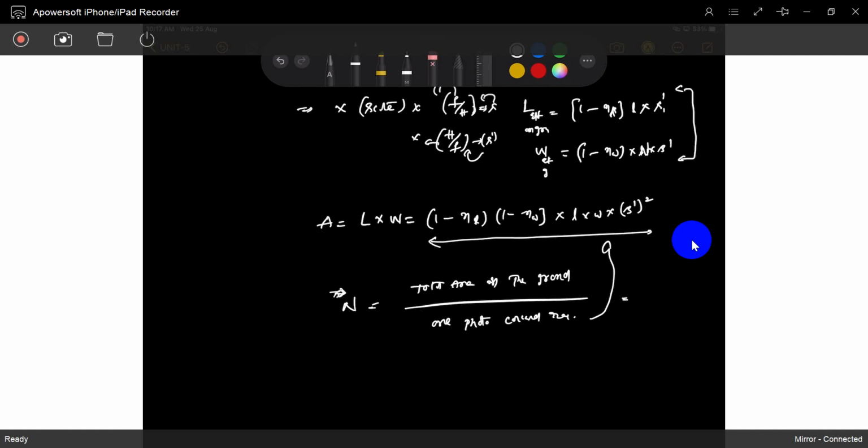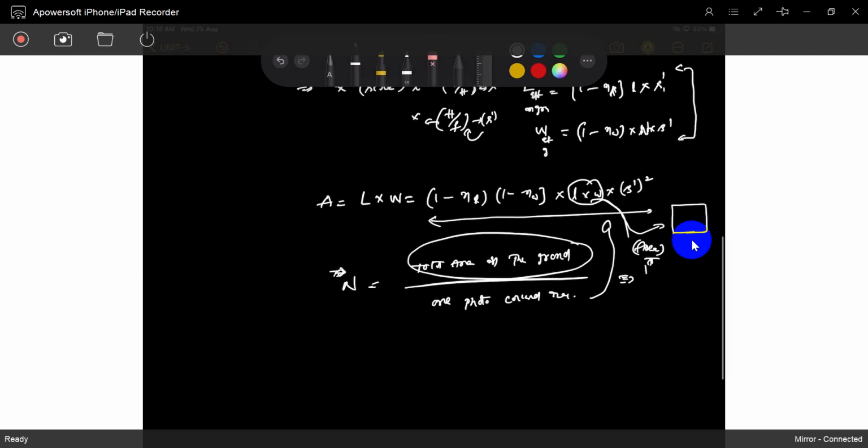You can directly take it. Otherwise, LW is an area. The area of one photograph, the general length of the photograph, not the effective. So you can use this when the area on the ground is given. Divide by the effectively covered area of one photograph, and this is the general area of one photograph, not the effective one. So like this, there is another way to calculate also.